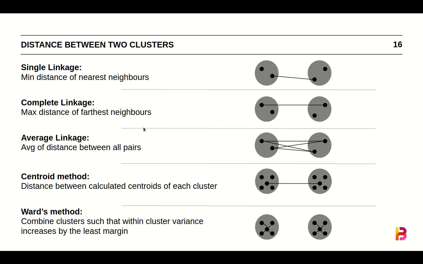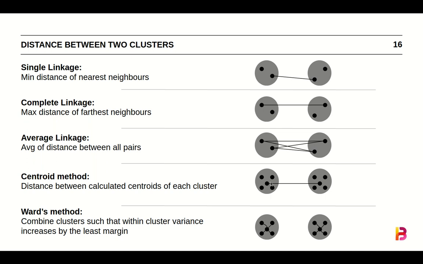It so happens that we have multiple ways to measure distance between two sets of points. These 5 are the most popularly used methods. So imagine two groups with some points. Single linkage method of calculating the distance is to take the points which are closest together within these groups, and the distance between them is called a single linkage. If we take two farthest points, the maximum distance between any two points in these groups, this is called a complete linkage. If we calculate the distance from every point of a group to every point of the other group and then average out all of these distances, it's called average linkage.